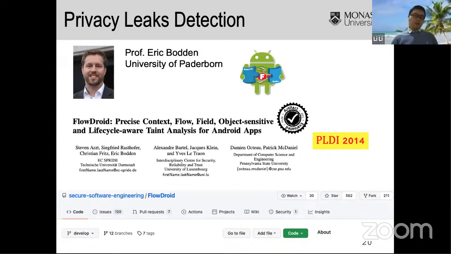The tool is open source on GitHub, and it has now received more than 500 stars and over 200 forks. So it's a really successful and very popular tool to detect privacy leaks in Android apps.